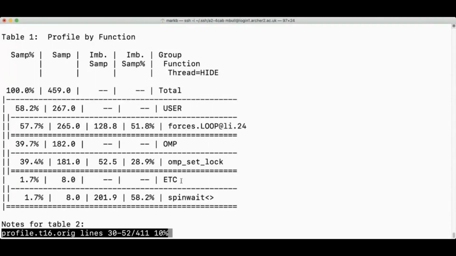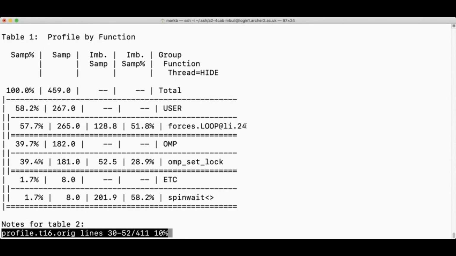So what can we tell from this? It tells you that most of the time spent in your code came from function forces and from the parallel loop at line 24. Okay, so no big surprise there.